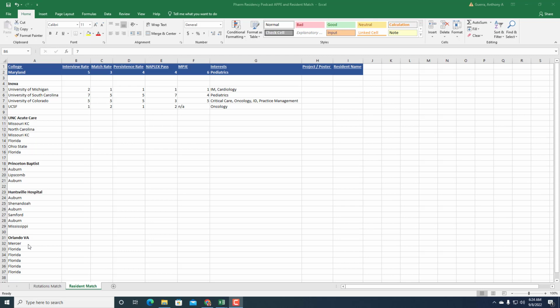It's not in the panhandle, but it is in the northern part of the state, just north of Ocala. So you see Mercer, Florida, Florida, Florida, Florida, Florida. And that should tell you a ton. Yeah, you could put the interview rate, match rate, and all that stuff, but you can see there is a clear preference for students that already know the EHR, have already done certain API activities with them,